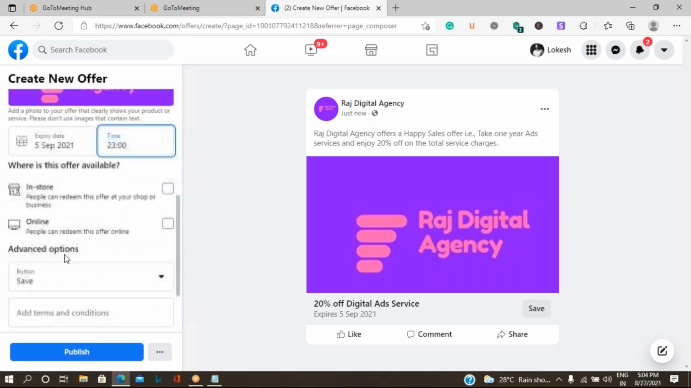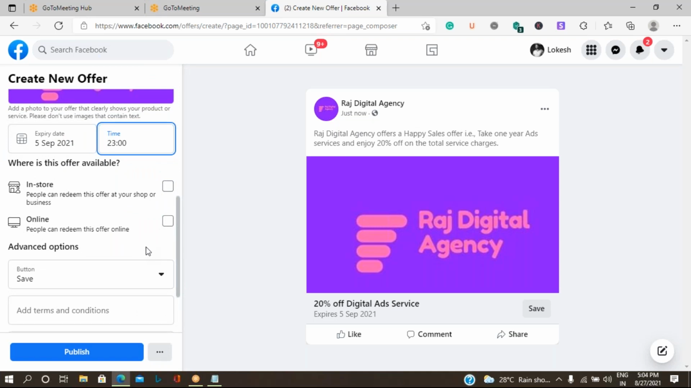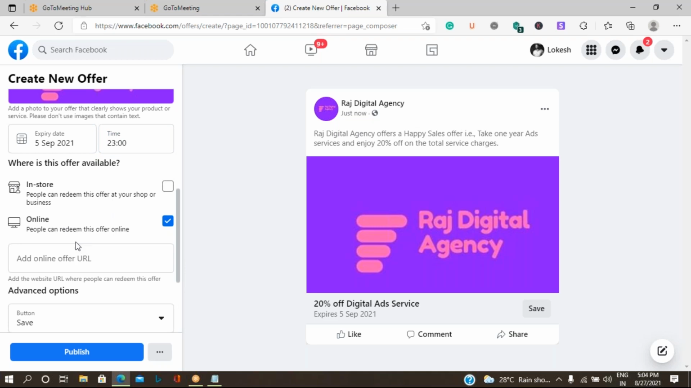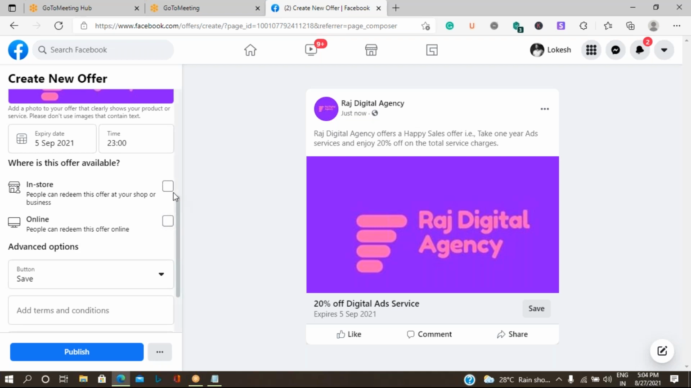Okay, so the next thing is whether this offer is available in-store or online. Let me assume this business offer is through online, and you can give a link of the website where all these details are given. Okay, in that case, let me not give it as online, let me give it as in-store. So they can come and meet up in our office circle